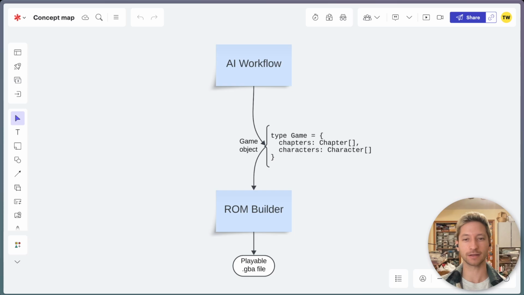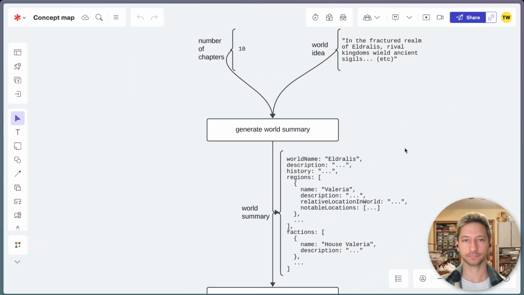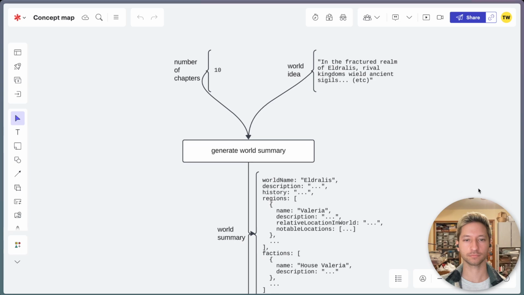So let's dive into the AI flow. Given a world idea, which is a one sentence general direction of the type of world, and the number of chapters to generate, we first create a world summary, which is a description of the world that the game is set in, including geographical regions, nations, factions, cultures. And this data is used in almost every decision the AI makes to ensure the game adheres to one cohesive